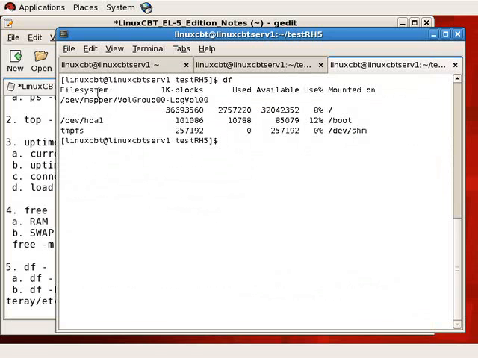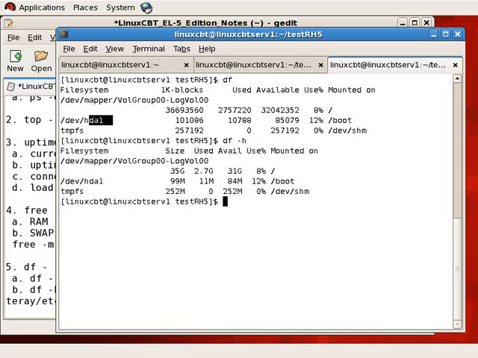So let's return to the shell and execute a df. Again, df dumps your file systems to the screen, and it indicates usage information. Here we see on this particular enterprise system a logical volume, its size, as well as a boot partition, which is not a part of the logical volume set, which is tied to hda1. When we rerun this with df -h, you'll see that human readable is returned. So this tells us that the logical volume is 35 gigabytes, of which 2.7 is in use,